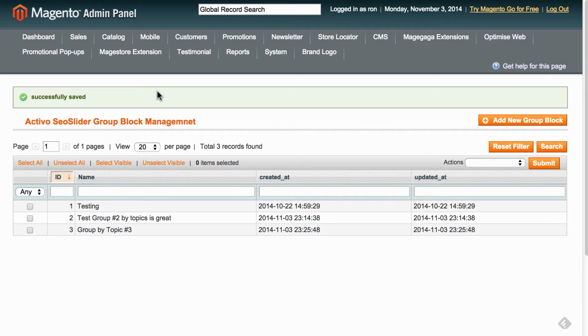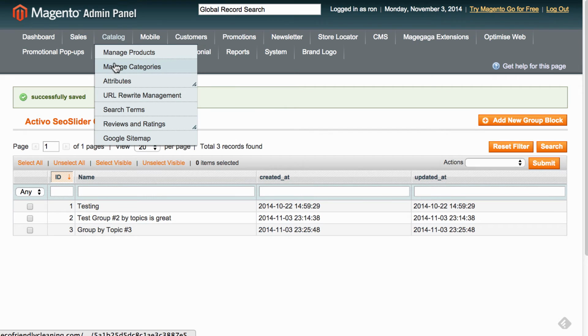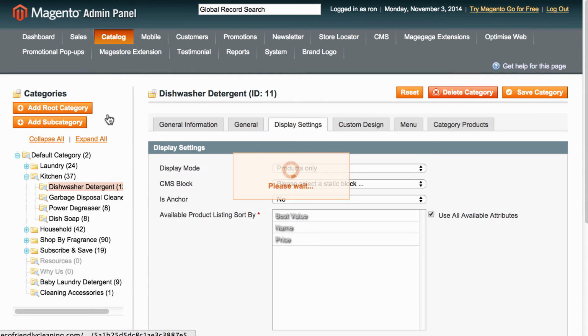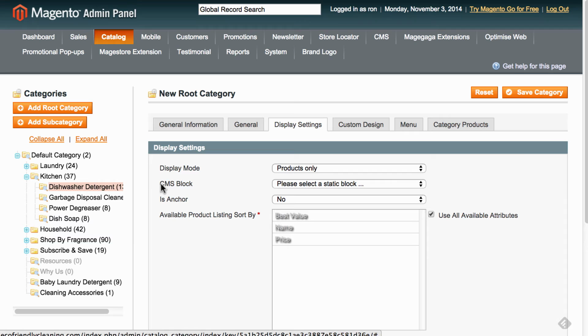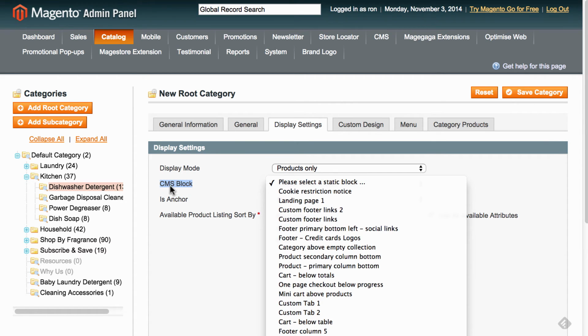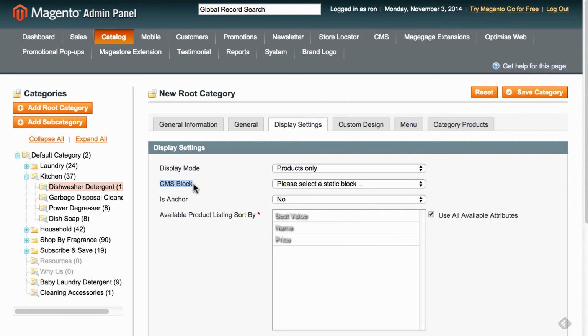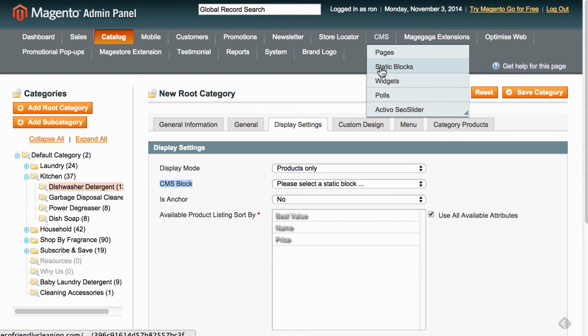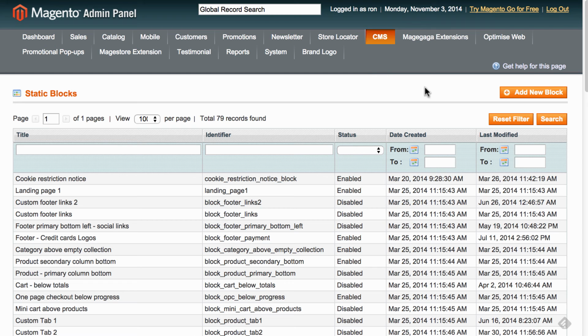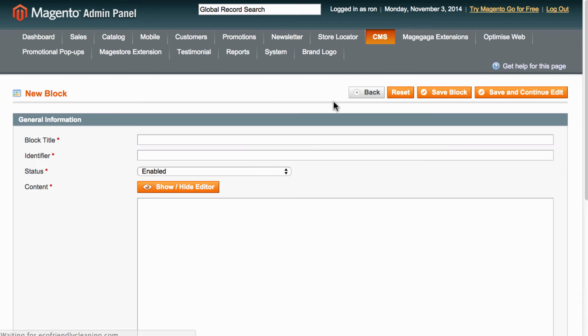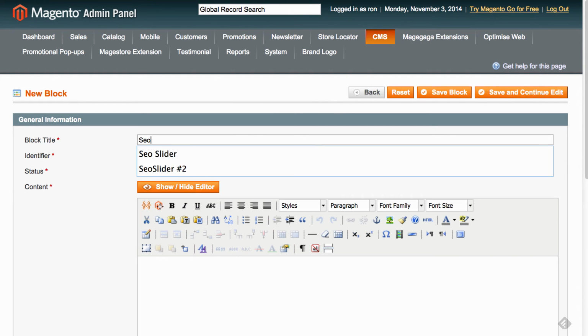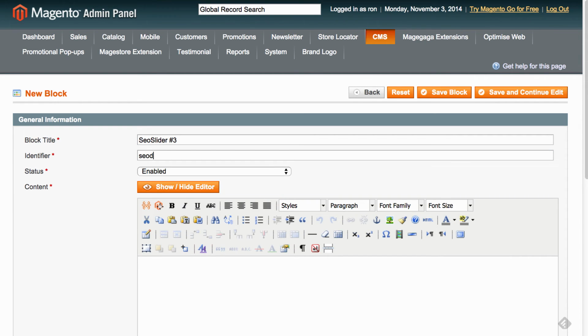Now, in order to embed it, there are many ways to embed it, but because we want to use the categories right here, there's a special selector here to select a CMS block. Now this CMS block is not our blocks, these are the Magento CMS blocks. So what we can do is create a new static block, and again this name doesn't show anywhere, so we're gonna call it SEO